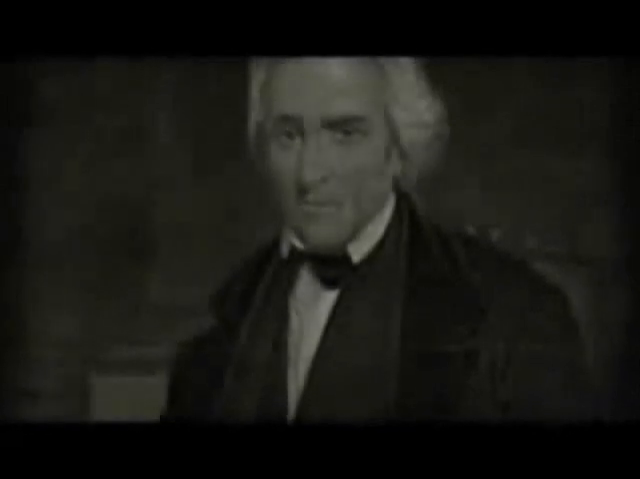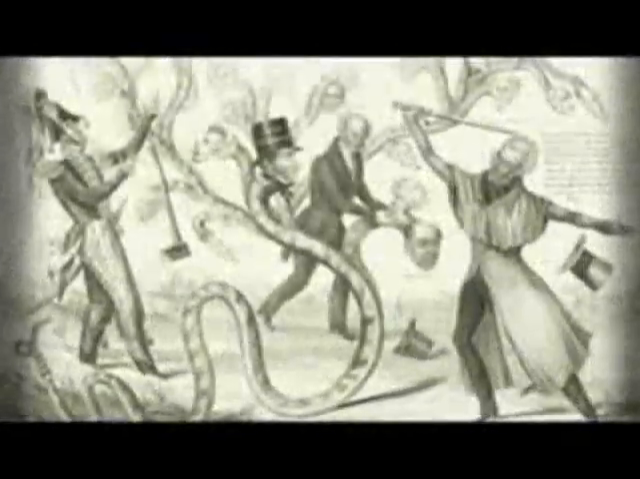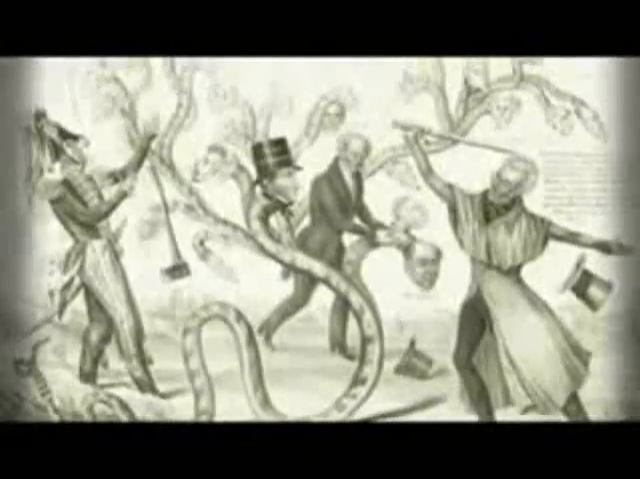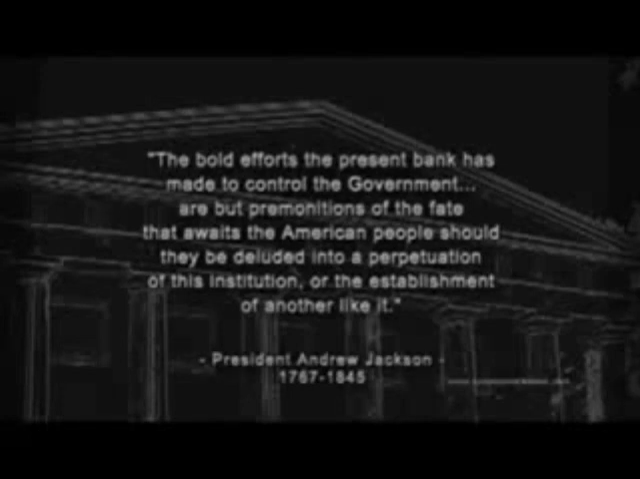In fact, the last time in American history the national debt was completely paid off was in 1835 after President Andrew Jackson shut down the central bank that preceded the Federal Reserve. In fact, Jackson's entire political platform essentially revolved around his commitment to shut down the central bank, stating at one point, "The bold efforts the present bank has made to control the government are but premonitions of the fate that awaits the American people should they be deluded into a perpetuation of this institution or the establishment of another like